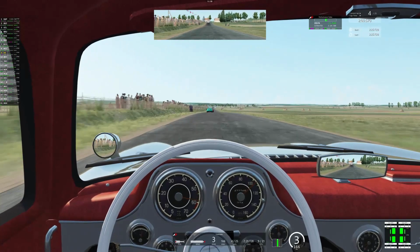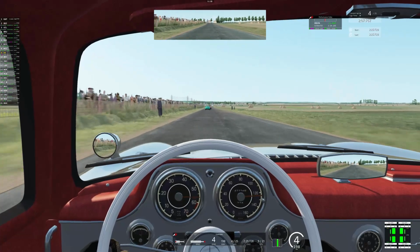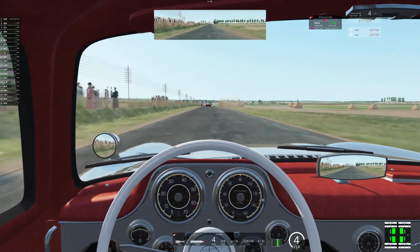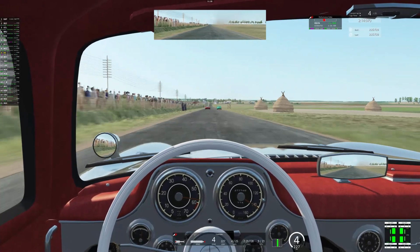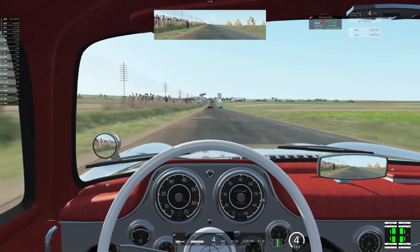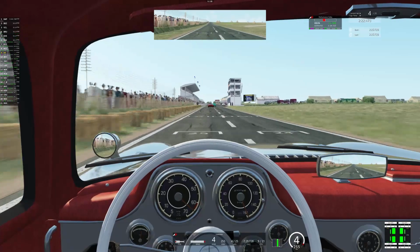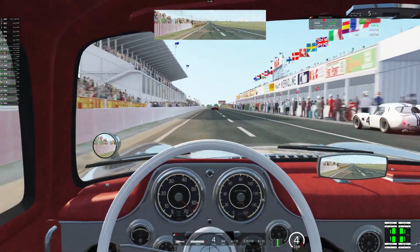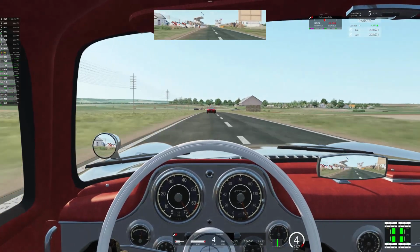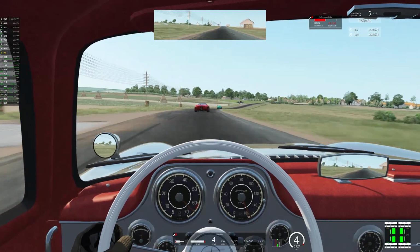we're coming up to the main start-finish straight. I like this straight because initially you've got nothing on the left and right side, but then the grandstand looms in the distance and you see the pit lane area and you get a feeling of coming home again, and then the pit lane and the grandstand flash by, you get that tremendous feeling of speed, and then that car on the left side there, that's your indicator